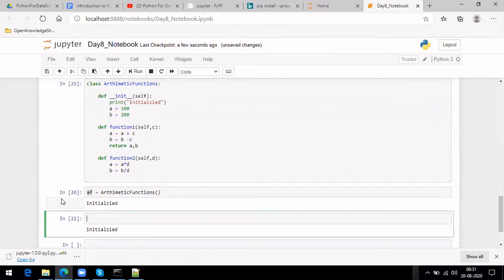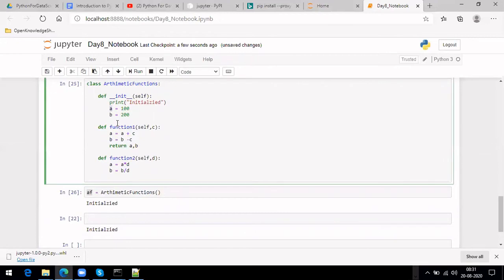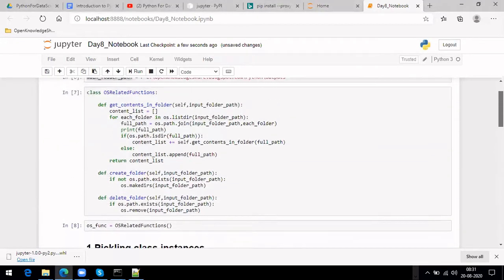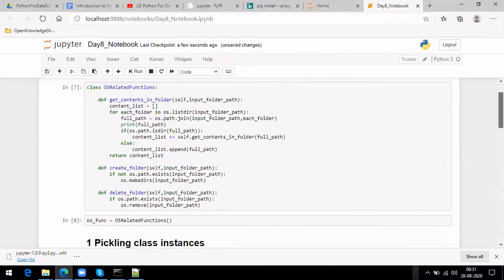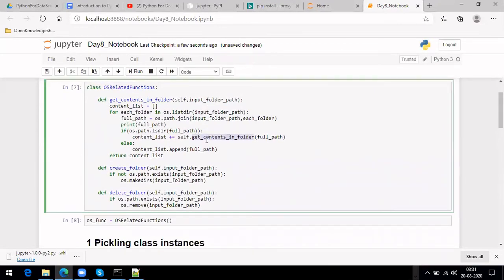The next part is one more important thing about functions: whether you can use variables across functions. If you look at our previous example, we are able to use a function defined at this level.